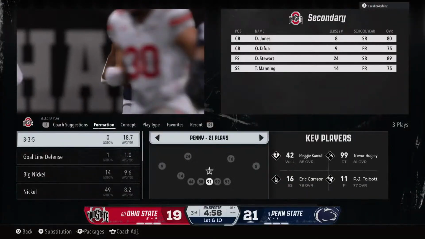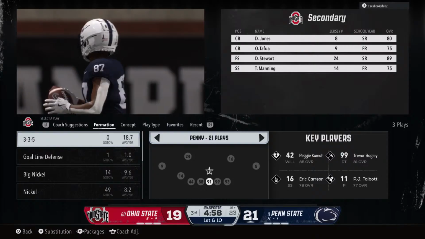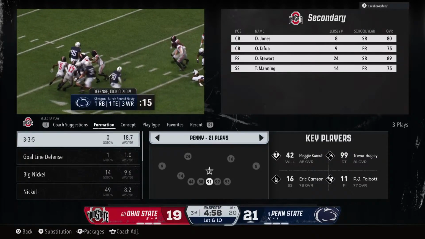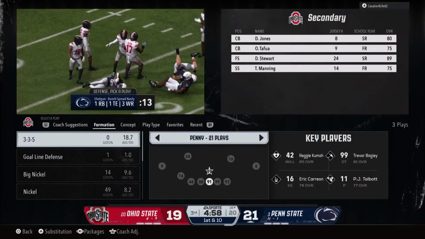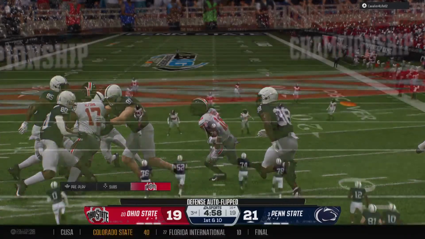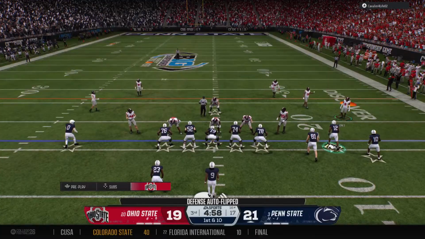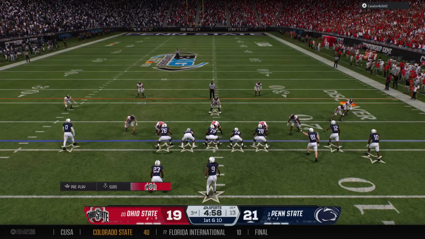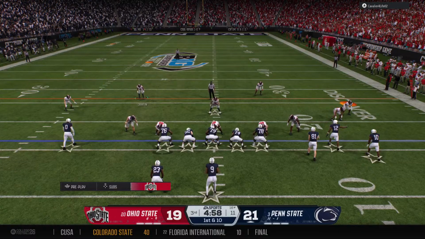That's good coverage there. And the Penn State offense comes back on the field. The passing game's been on fire. Let's see if the defense has made some changes to begin to slow it down.